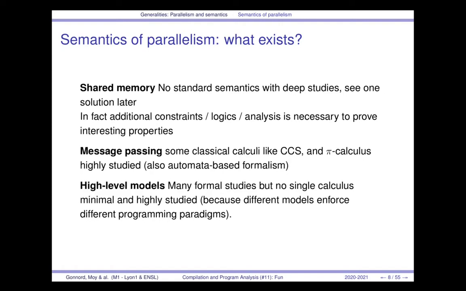So additional constraints on the language, like restraining what kind of shared memory you can have, or logic showing that some parts of the memory are not shared, for example, or static analysis, are necessary to prove interesting properties. And there's quite a deep study about that. Mostly there's a lot of studies on how to add something to the semantics so that you have something interesting